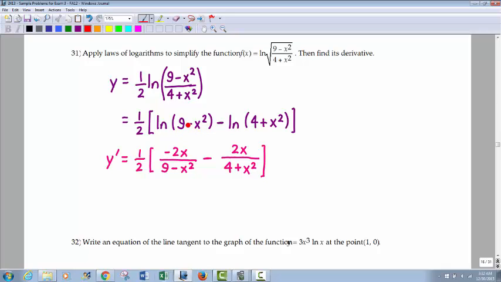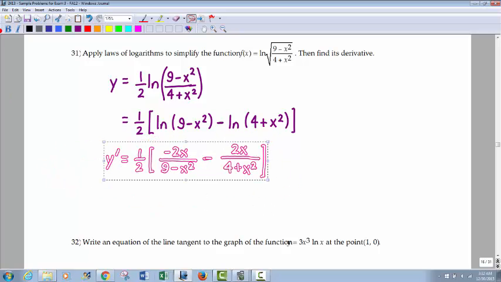And the derivative of 9 minus x squared would be negative 2x over 9 minus x squared. And the derivative of x squared plus 4 is 2x divided by 4 plus x squared. You see I left the 1/2 to the outside, which I consider to be perfectly correct mathematically. But you know what I'm going to do? I'm going to go and see if I can do this without